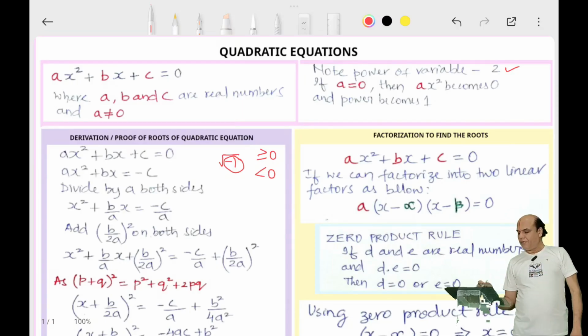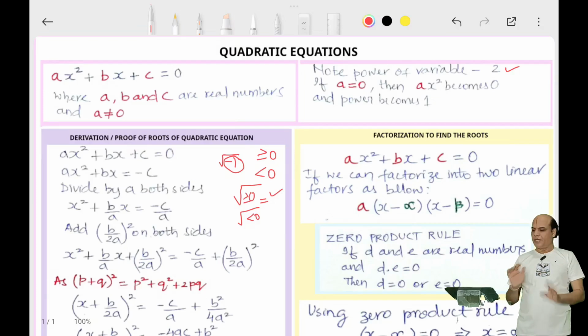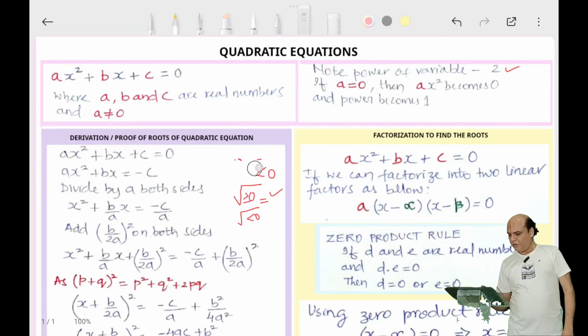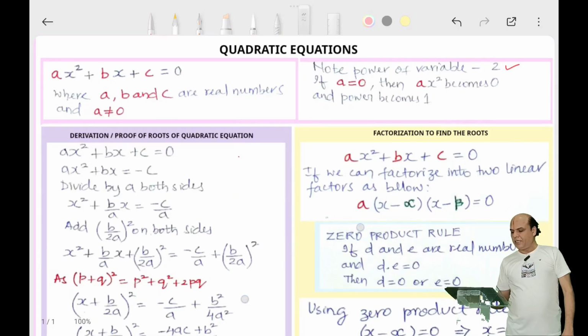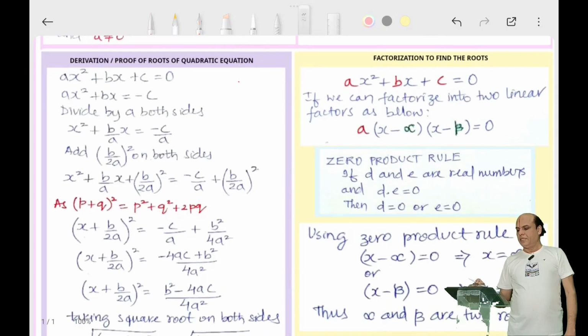Okay. So therefore, underneath square root, if it is greater than or equal to 0, we can easily find out the roots. But if it is less than 0, then the roots are difficult to find. They are imaginary. Keep this in mind. This concept will help you in understanding why a negative value square root is complex. Okay, now